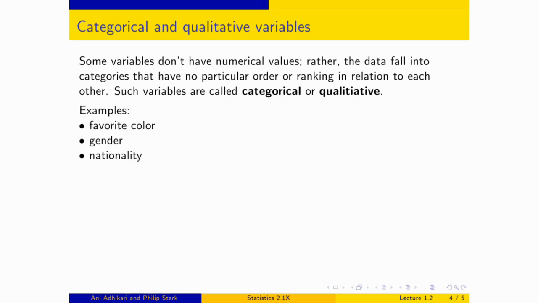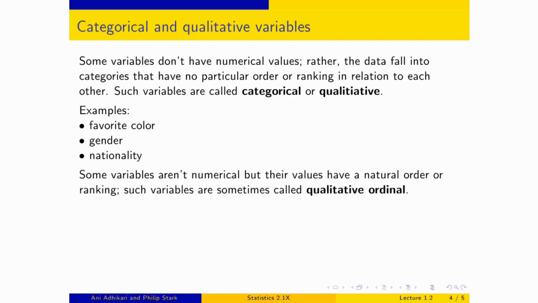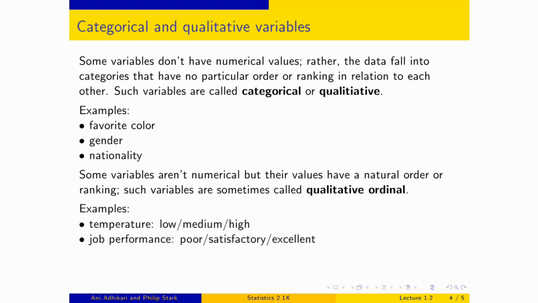For example, favorite color. You ask a group of people their favorite color, you're going to get answers like red, blue, green, and so on. There's no natural ordering to red, blue, and green. You can say green, blue, and red, and it's all the same thing. Gender, nationality are similar. There are some special qualitative variables where even though the values aren't numerical, they do have a ranking. For example, if you measure temperature not in degrees Fahrenheit or Celsius, but just as low, medium, or high, a